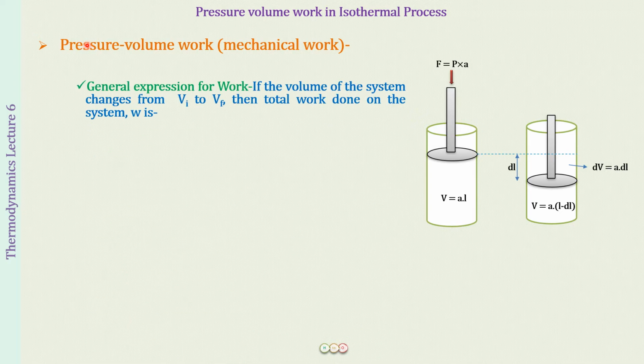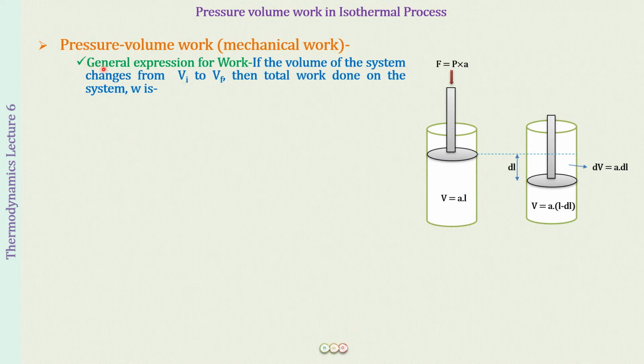So here we developed an expression for work done, and this is a general expression for work which is valid for any type of thermodynamic process that you are going to discuss throughout the learning. You can apply this expression, and the expression that we found was that the total work done, when the volume of the system changes from an initial volume to a final volume, is equal to minus the integral from Vi to Vf of P external dV. How we developed it is something that we have discussed in detail in the last lecture, so please do watch that.